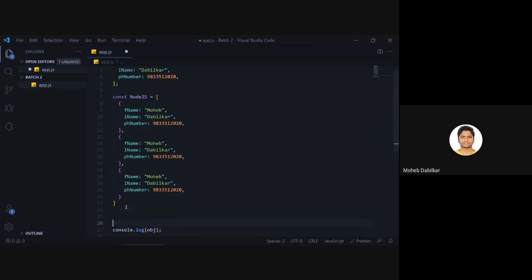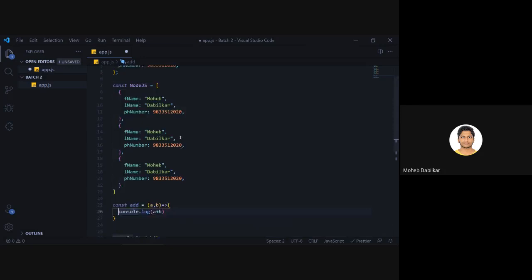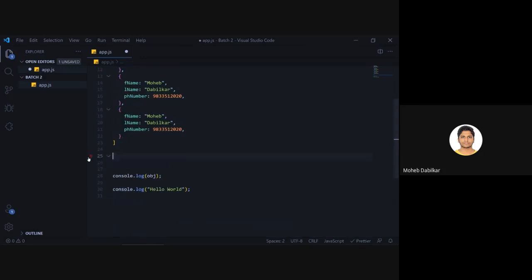So we have some methods that run on our objects, on our arrays, and methods are basically something that are predefined. Like you write a function, so we will say const add equals to, it takes in two of these, and then it will console log to us a plus b. But instead of doing an a plus b, we have a math function. If we import math and all, it will just add the two for us.